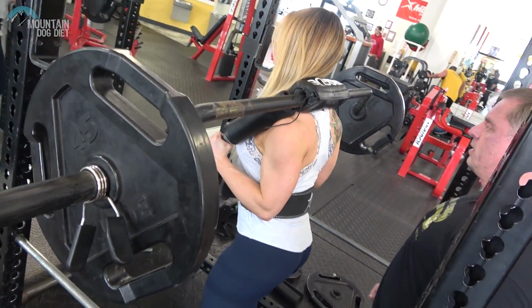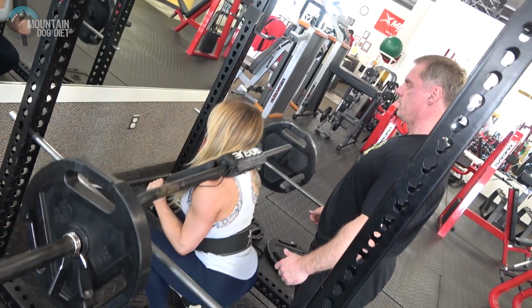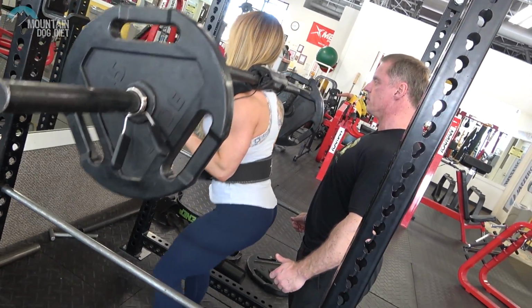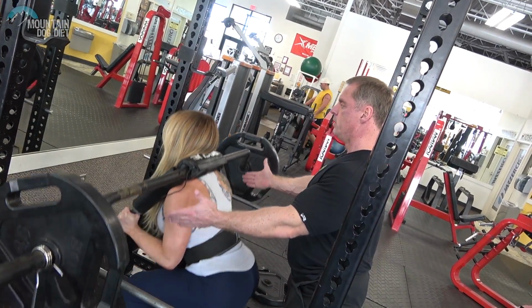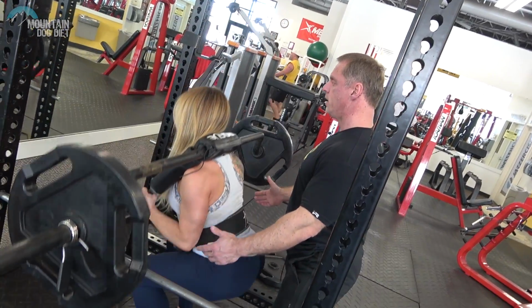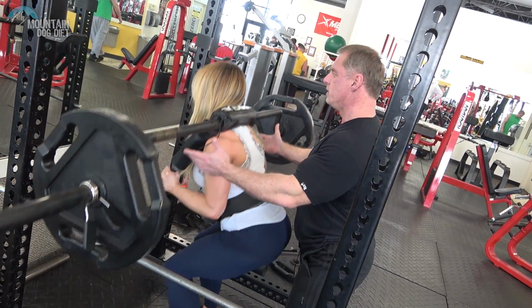Okay, here we go. Keep that back flat and tight. Yeah, that's it right there. That's excellent right there. 3, come on, tight form. 4, come on. 5, just keep that form tight. Keep that form tight. 6,